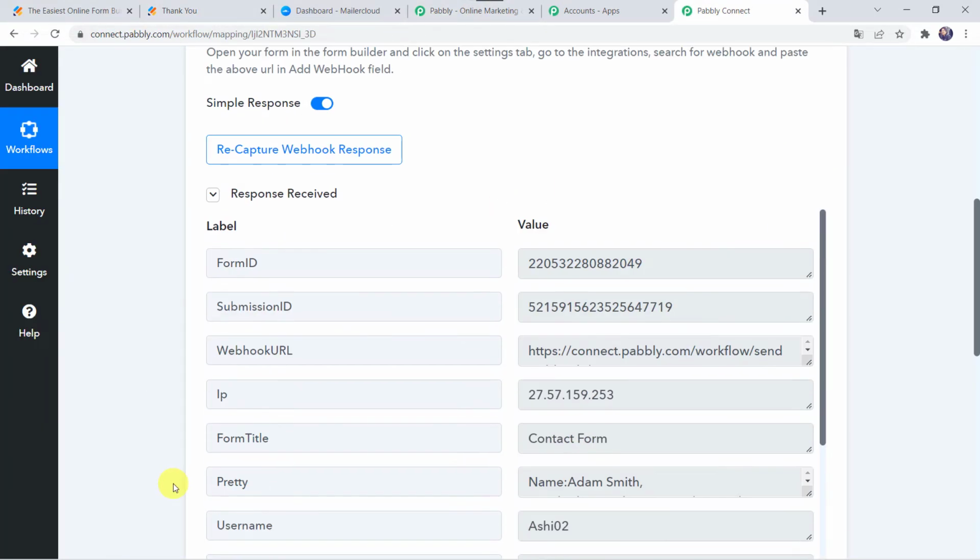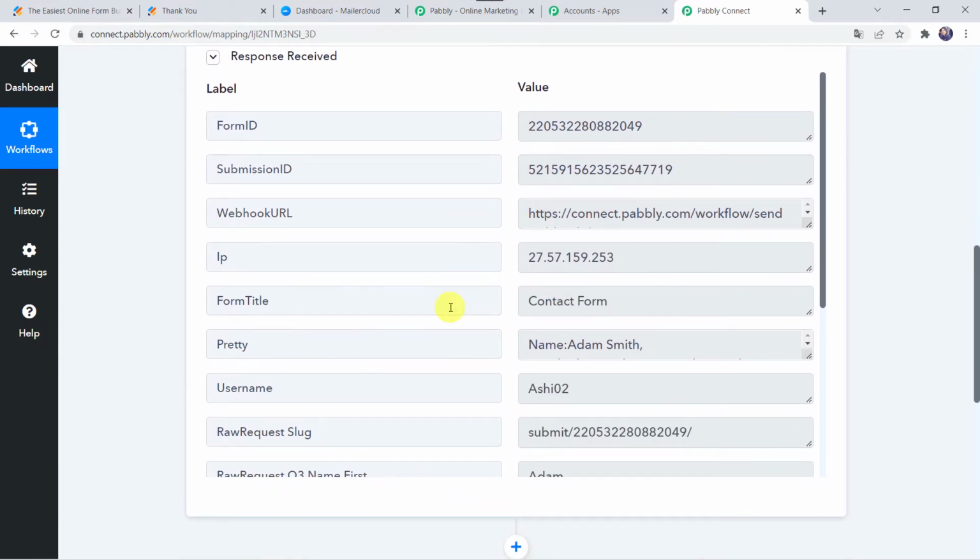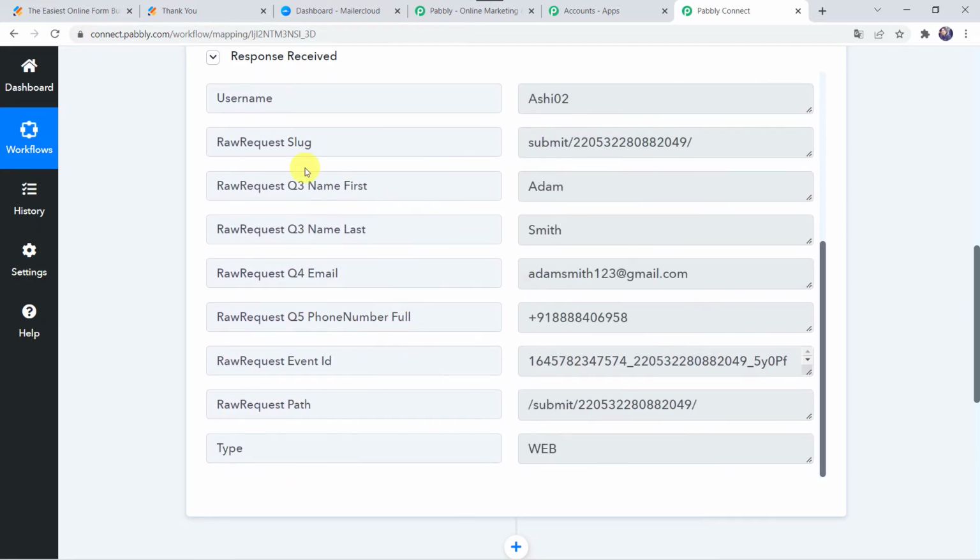And here we can see the responses received and all the details related to the form submission are captured over here. Here we can find the form title as contact form. And when we scroll down, we can find the first name of the customer, last name, email address and the phone number. So now we want that using these details of the customer, automatically a contact should get added to